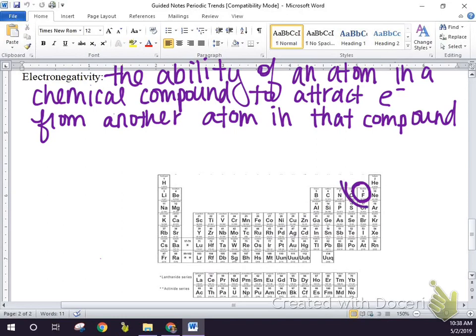Elements that are close to fluorine, like these guys, oxygen and chlorine, they have similar electronegativity values, even though oxygen has 6 valence electrons and chlorine has 7. So the ones that are close to fluorine like that, you'll have to just look at your table and see which one's more electronegative. So when you keep saying fill their octet and stuff, which I get, but